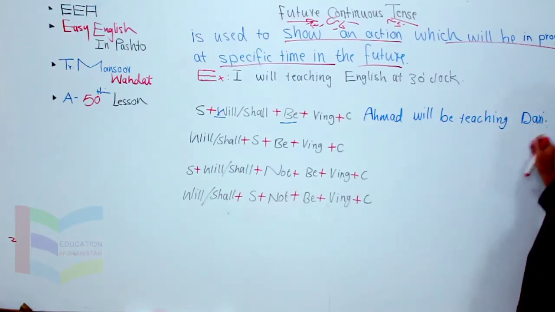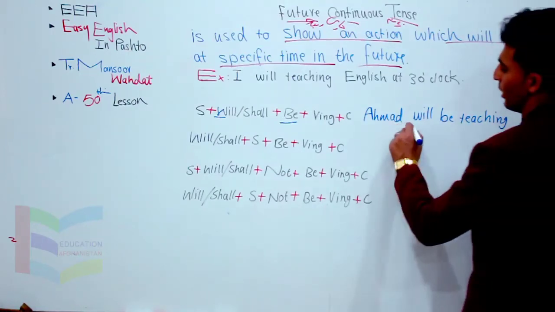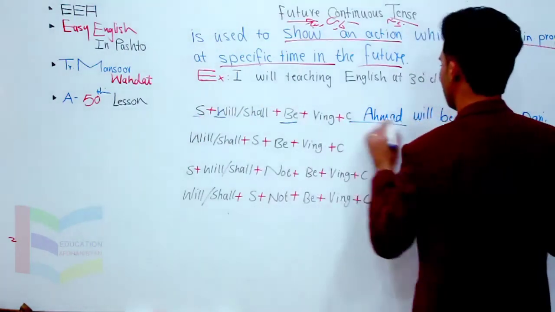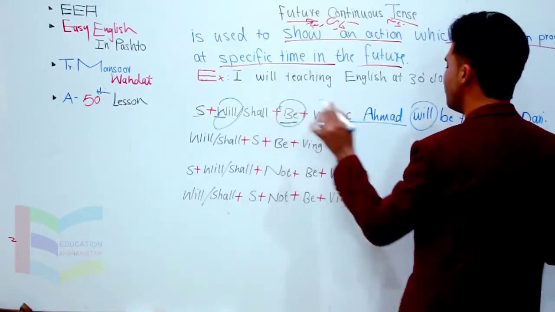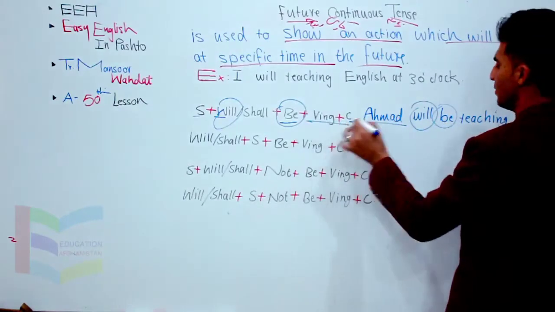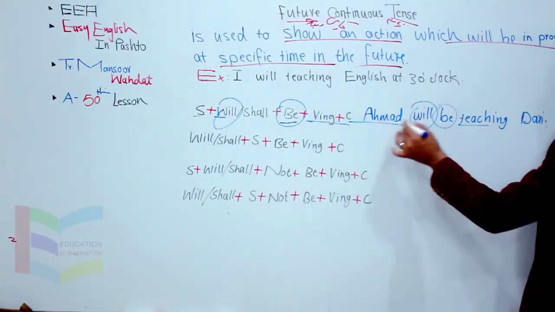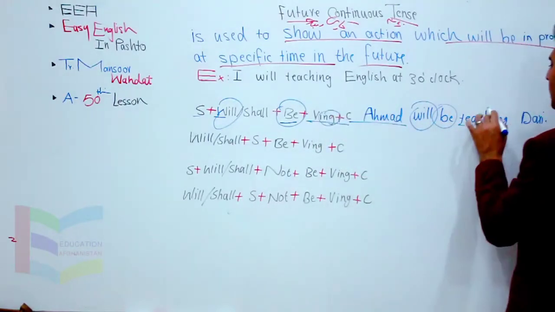Ahmad will be teaching dairy. There is the sentence. Look, subject. From will or shall we used will. Then the be is needed. Be. Verb. What is verb? Teach. And it has taken the ing form. Teaching